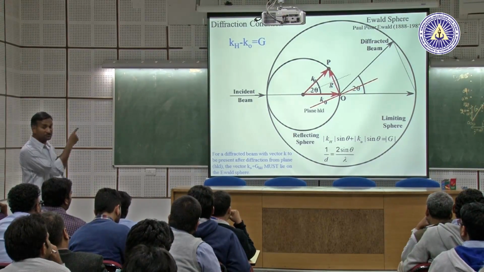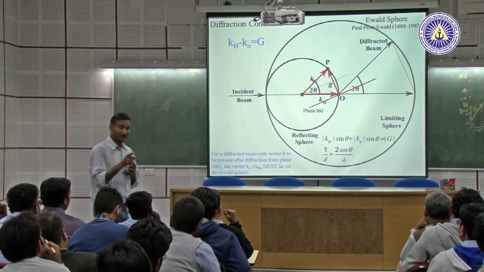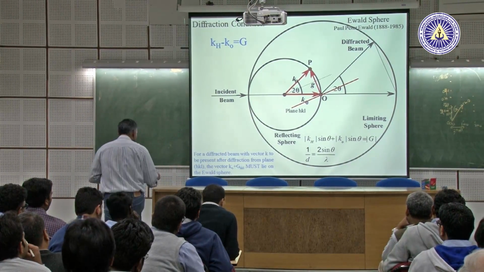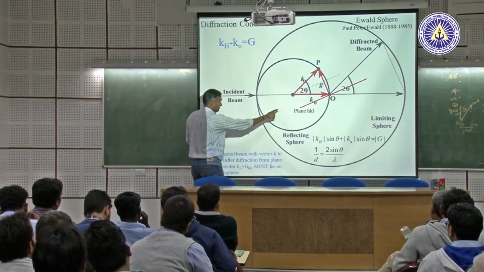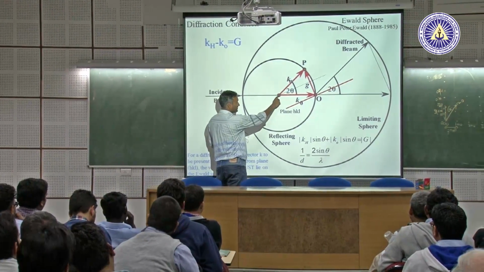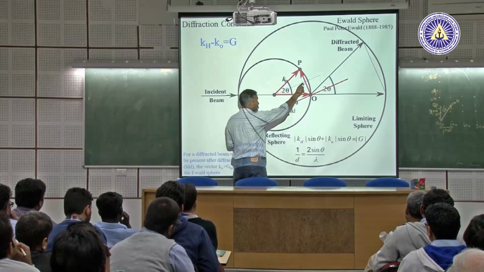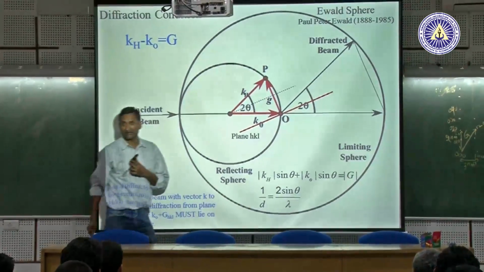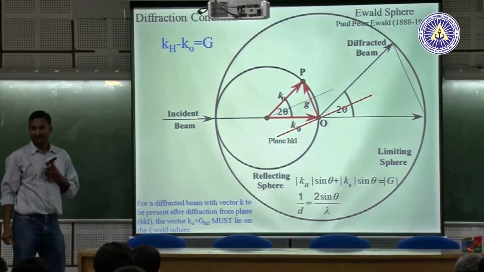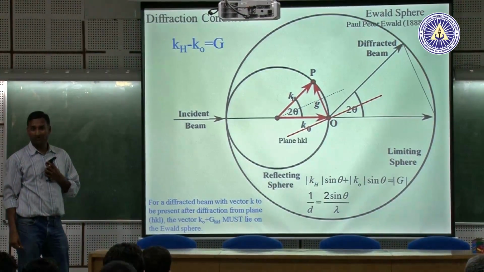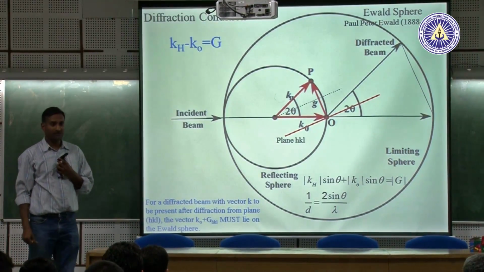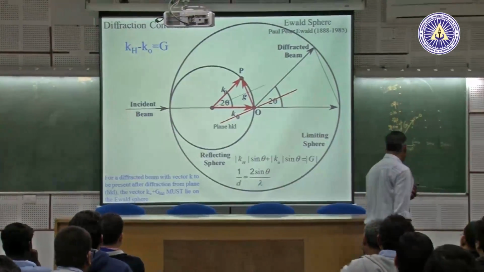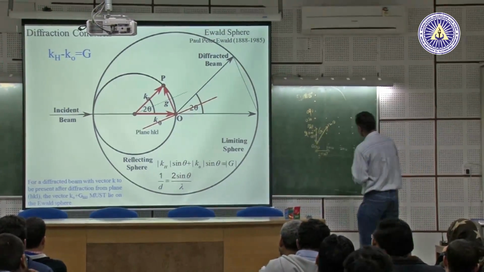If you have a defined g vector, and you want that to diffract, remember that the center of the Ewald sphere, if you connect it to the center of this g, makes a perpendicular bisector to the g vector. So do you get the hint now? You draw a perpendicular bisector to this,